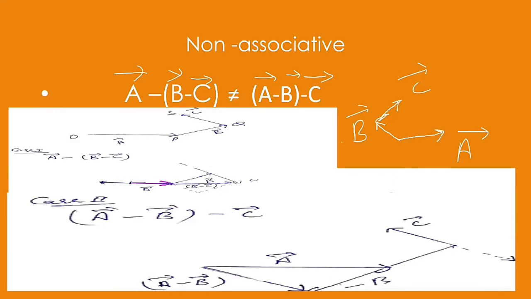So now if you want to take its resultant, you have to bring it here, because being a free vector, you have to find the resultant again by parallelogram law. So the resultants are not coming in the same direction, and you will see the magnitudes are also not equal. So you can simply say that it is non-associative, or anti-associative, whatever you may call it. This you can only prove with the help of drawing the diagram, and then you can explain.